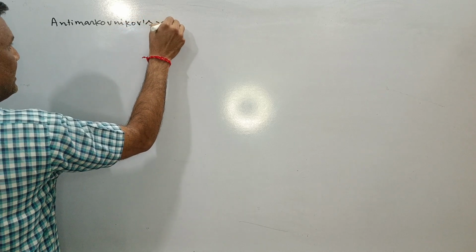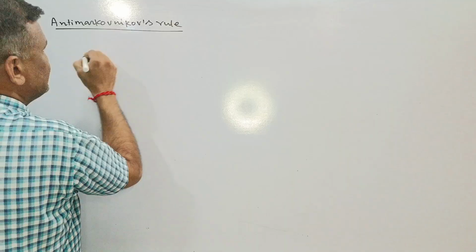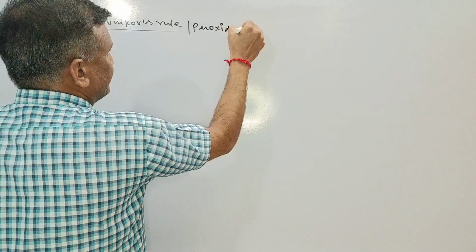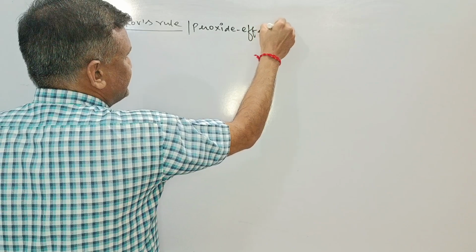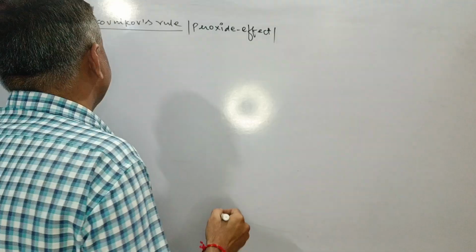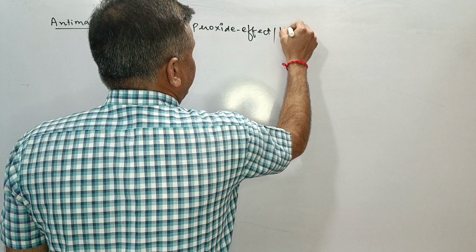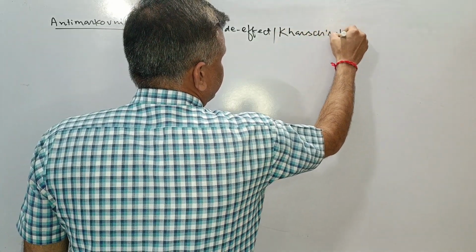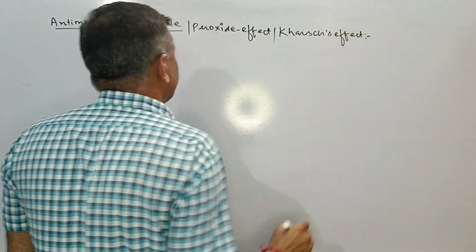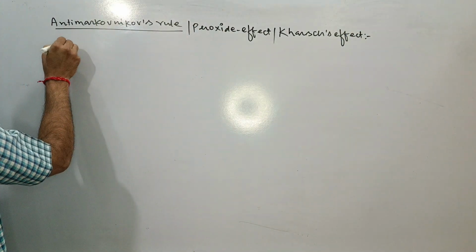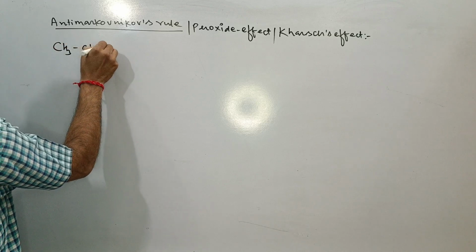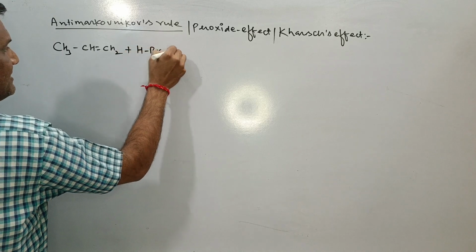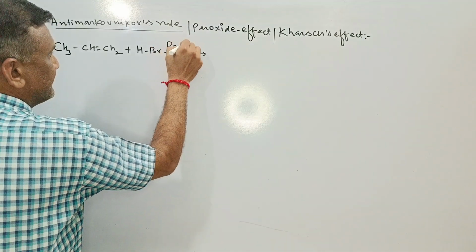The anti-Markovnikov rule is also called the peroxide effect, because such a reaction basically takes place in the presence of peroxide. This is also called the Kharasch effect. What is that? It means if there is an asymmetrical alkene, suppose CH3, CH double bond CH2, and there is the attack of HBr in the presence of peroxide,